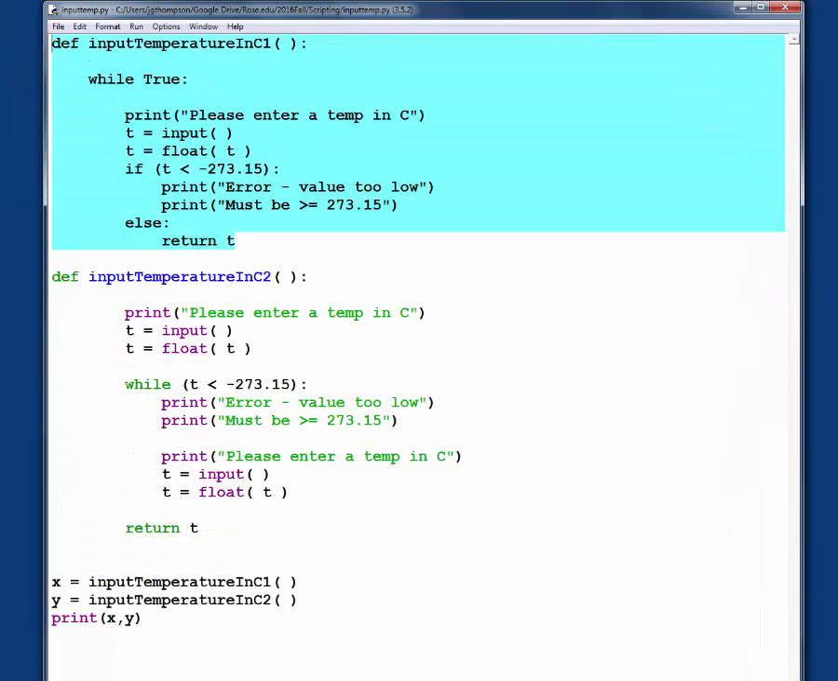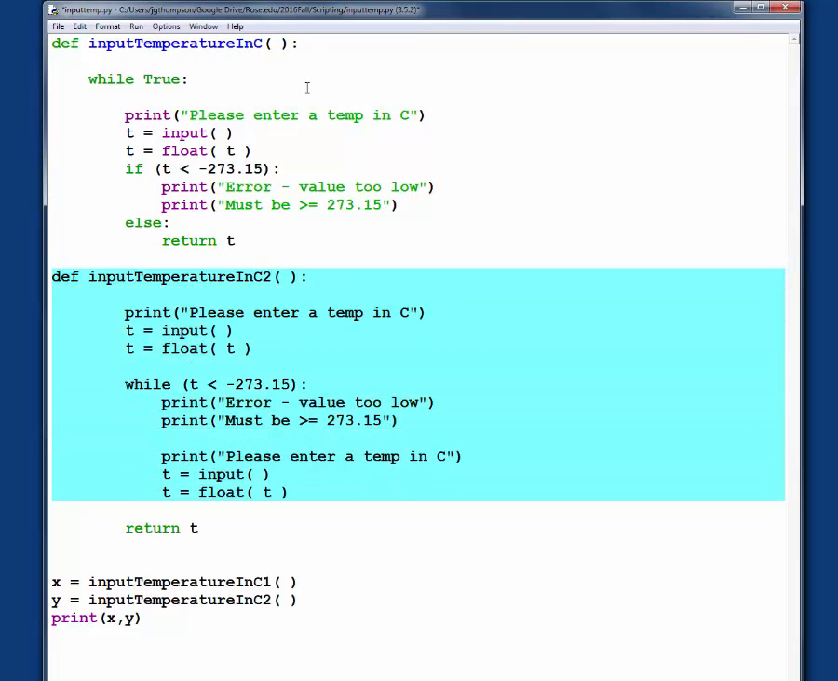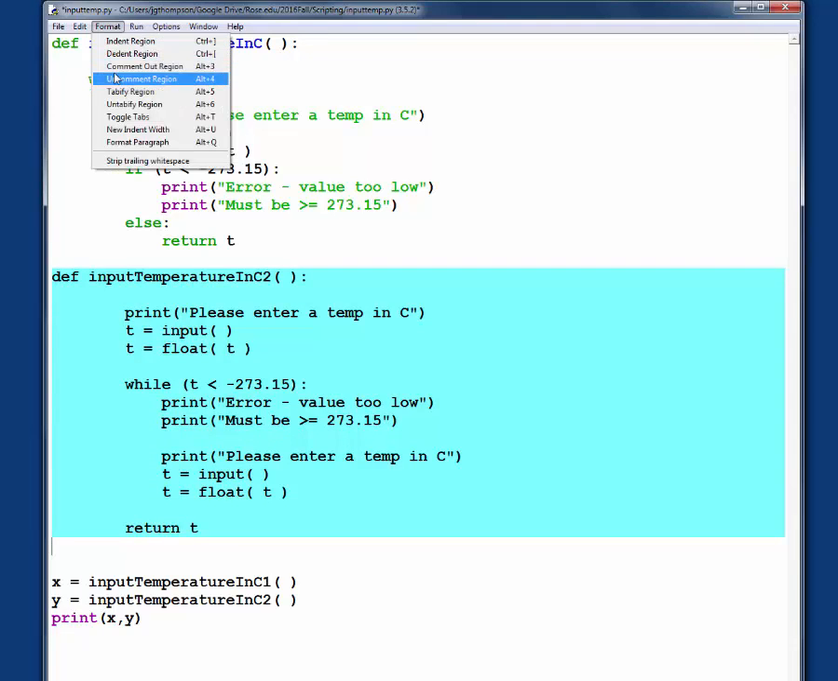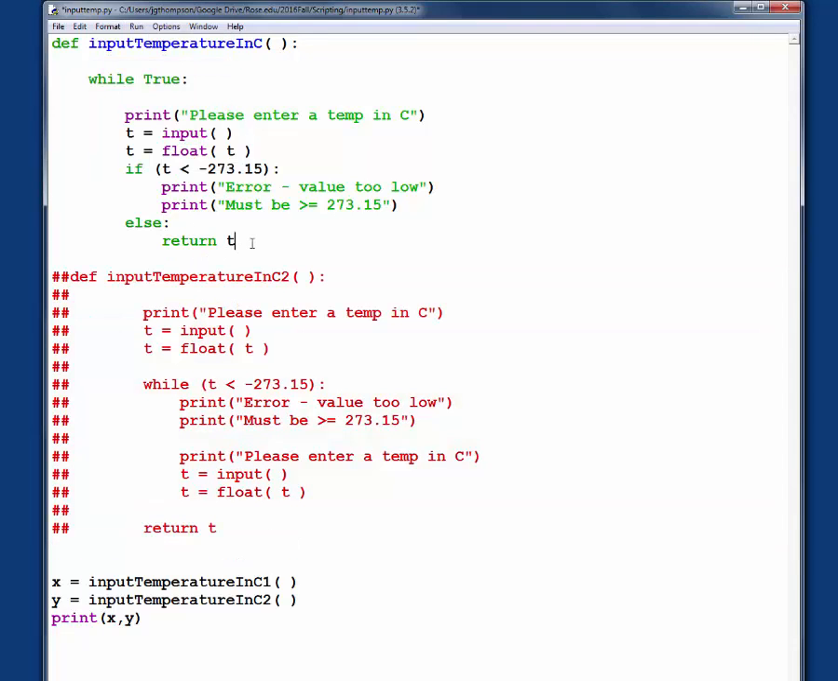So that is our input temperature in C function. The rest, this is stuff that I would just comment out. I don't need this anymore. Comment out region. There we go. So the other one,